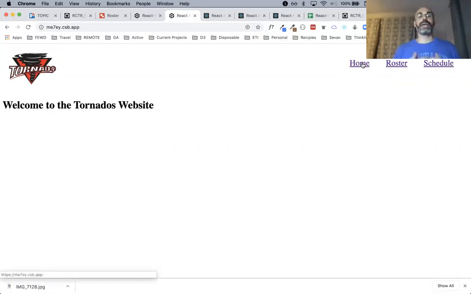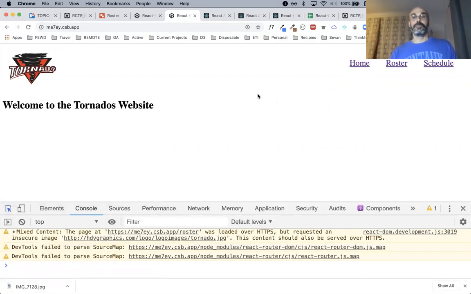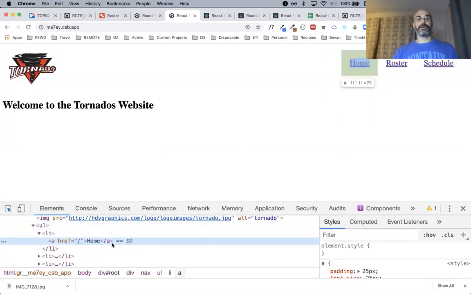And that's because React Router using link prevents the anchor tag from acting like an anchor tag. If I were to investigate these elements, they are anchor tags. You saw on the React side, I turned at least that one into a link tag. But once it's converted into HTML, it's an anchor tag, but React is treating it a little bit differently. It's telling it not to refresh the page.